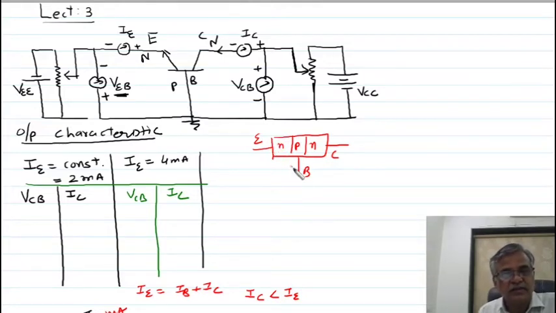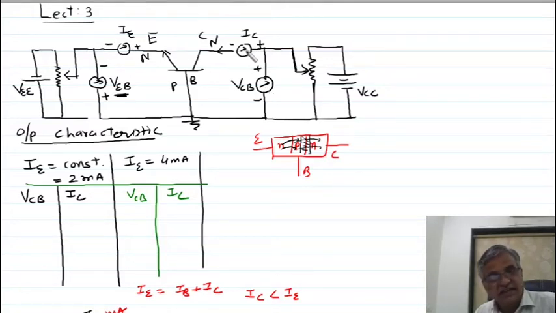See, the emitter base junction is in forward bias. As a result, it injects electrons into the base, and due to the internal potential barrier at the collector junction, these electrons enter into the collector and give rise to a collector current, even though the collector voltage is 0. I am discussing why you are getting collector current even though the collector base voltage is 0.